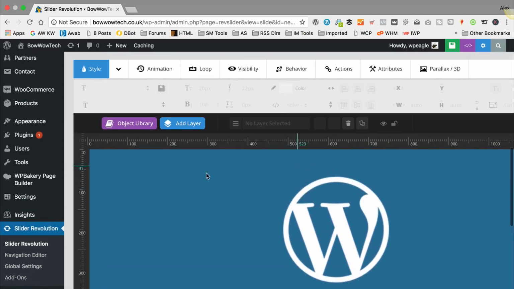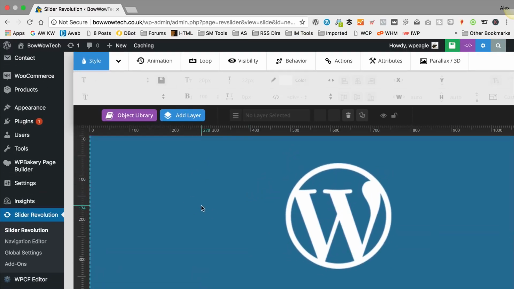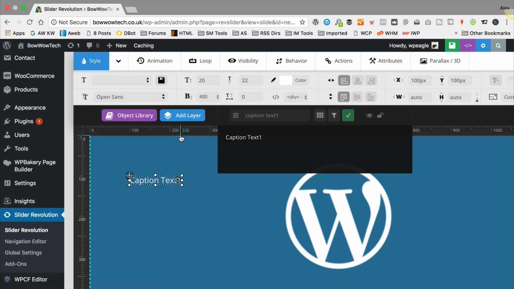Then here is what our slide's going to look like. This big W basically represents the featured image from the post. On top of that, I just want the post title. So I'm going to click Add Layer and Text. I'm going to remove the words Caption Text 1. I'm going to click on this little